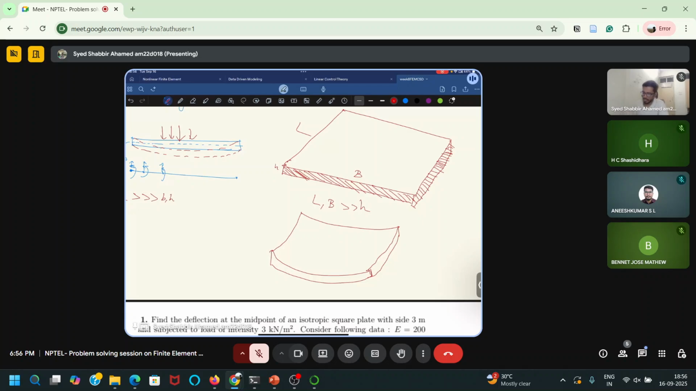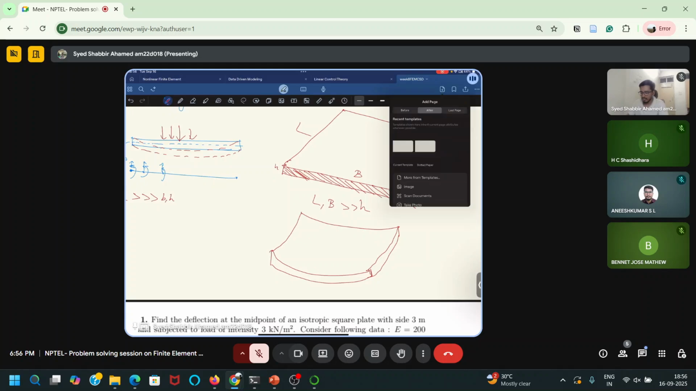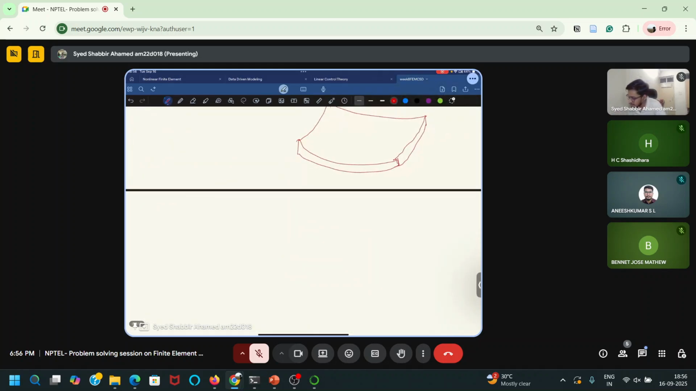This is kind of the deformation which we can get in plates. There are various theories for beams: Euler-Bernoulli beam theory and Timoshenko beam theory. In Euler-Bernoulli beam theory, what we assume is that the plane section remains plane, and it is perpendicular